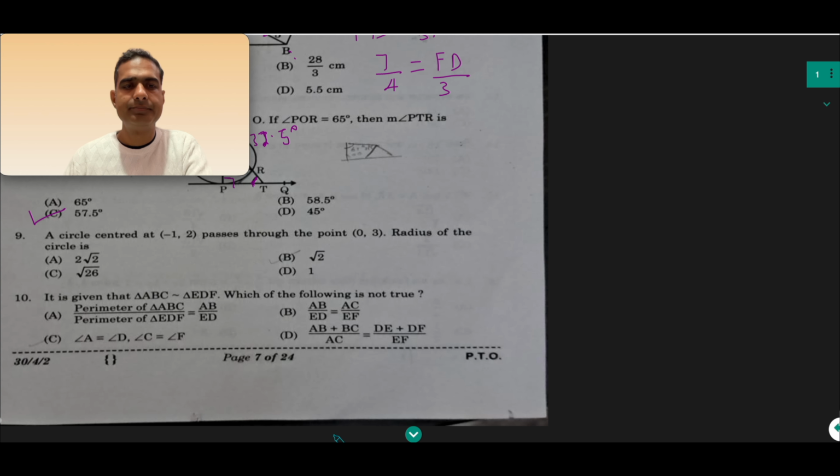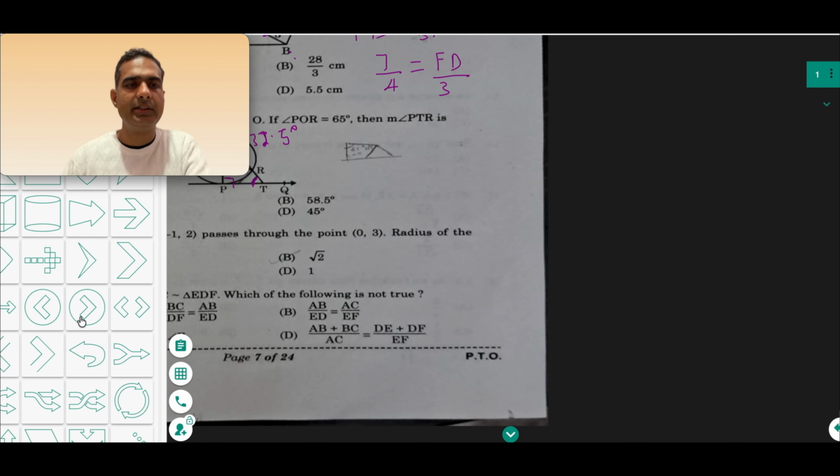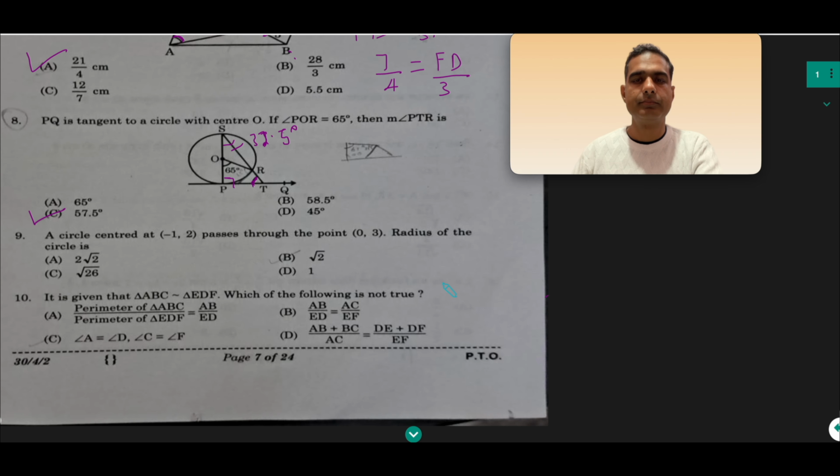Question number 9. A circle centered at -1, 2 passes through the point 0, 3. So radius of the circle is. So this was a simple question involving the concept of circle. So that's very easy. So let me draw a circle. So this is the circle, and the center is -1, 2. So this is the center, -1, 2,